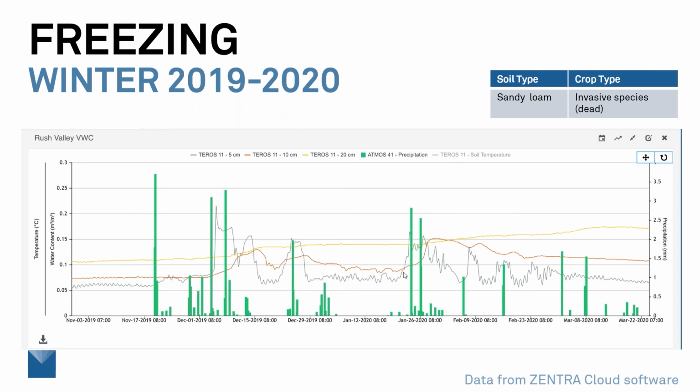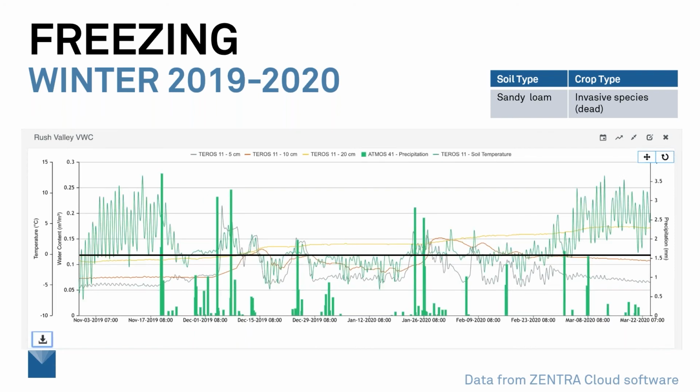Here we just jump up, and I thought, oh, this makes sense. Here's an irrigation event, a precipitation event, but oddly enough, it kind of trends up. It trends down, but it's spiky. What's going on here? And so I went and added in temperature, and I hid that from you just for effect. I started looking at temperature, and that black line I just drew in here in PowerPoint by hand. But the point of it is just to show you where the 0 degree C line is. So these are Terros 11s that have water content and temperature. So I could measure the temperature at each one of these locations.